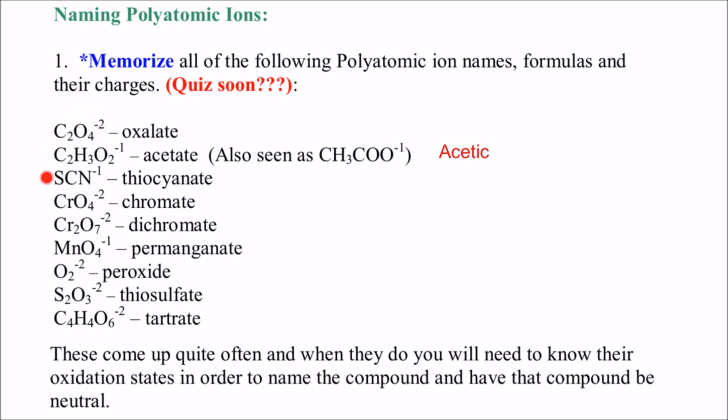So these are polyatomic anions. That means they can be paired up with hydrogen, which will turn them all into acids, and so all of the ate endings will change into ic endings. Or I could pair them up with metals and they'll keep their ate endings